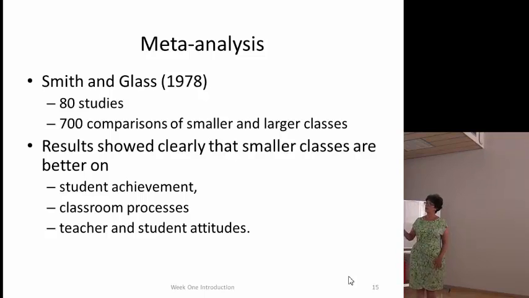Now, this research has been refined. It's not necessarily a completely linear relationship. Nevertheless, they were able to show solid findings. Yes, class size matters. Okay? And it should not have taken so many studies to be able to do that, but nobody really combined the information